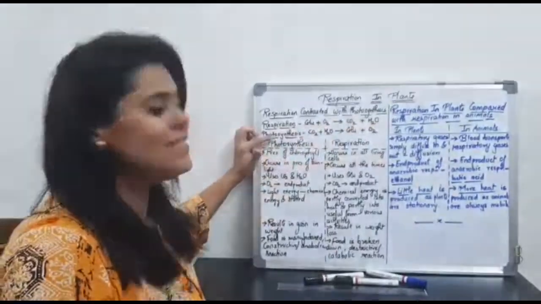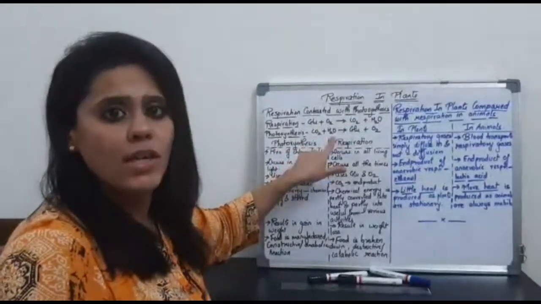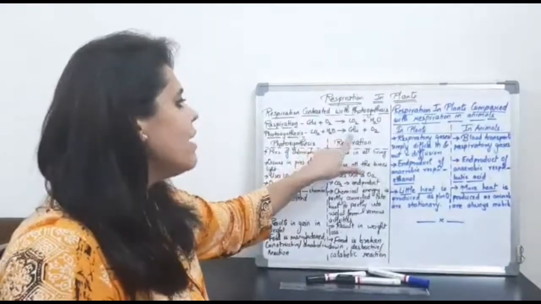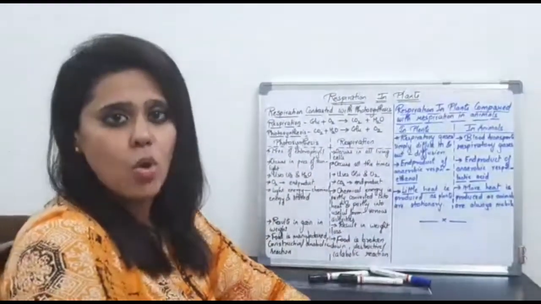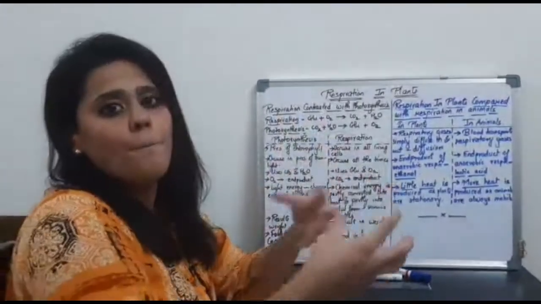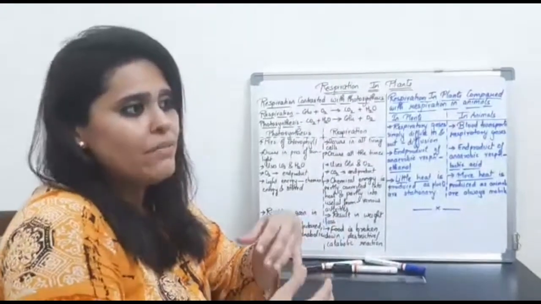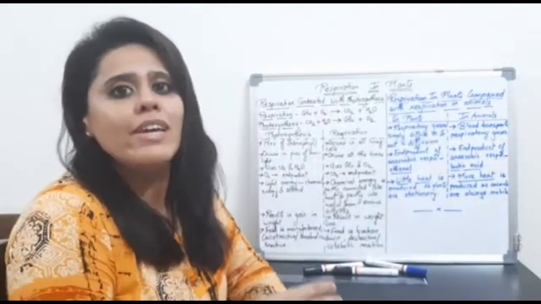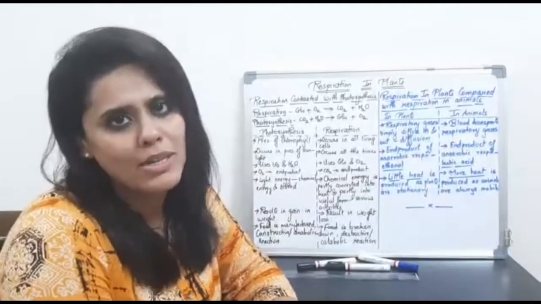giving rise to carbon dioxide and water as end products. Photosynthesis, on the other hand, has carbon dioxide and water as reactants or substrates, giving rise to glucose and oxygen as the end products. So, in simple words, we can say that they both are complementary to each other. Therefore, it's always said that whenever we perform experiments on respiration, at the same time, we cannot carry out experiments on photosynthesis on the same plant body.